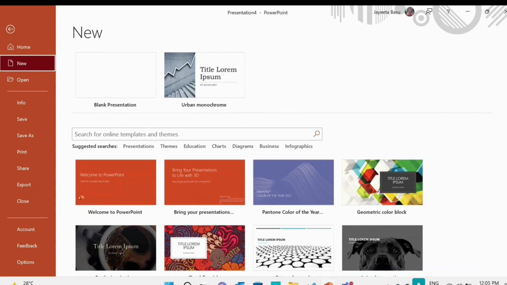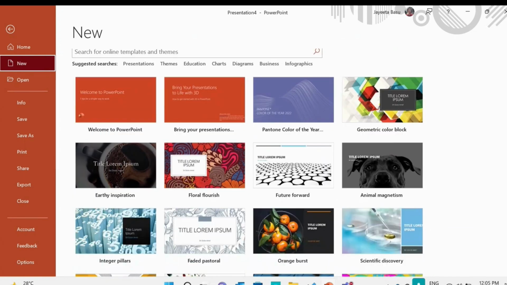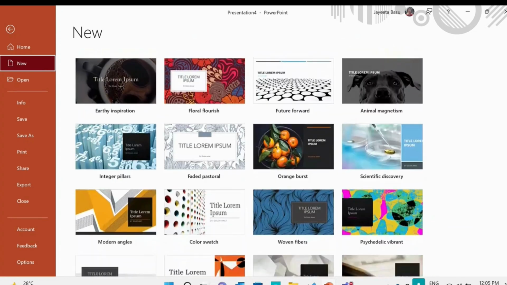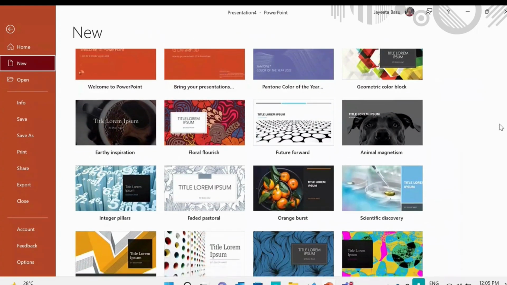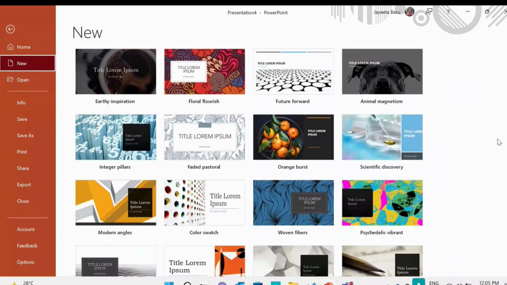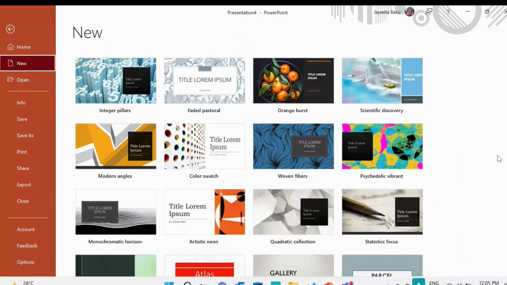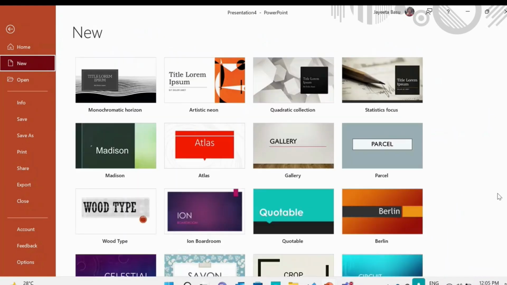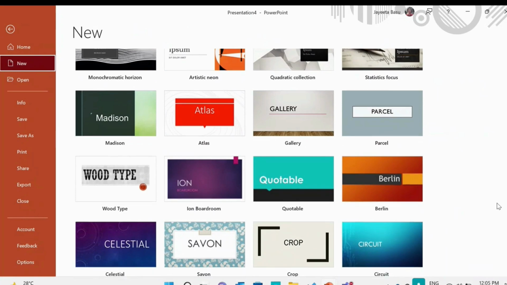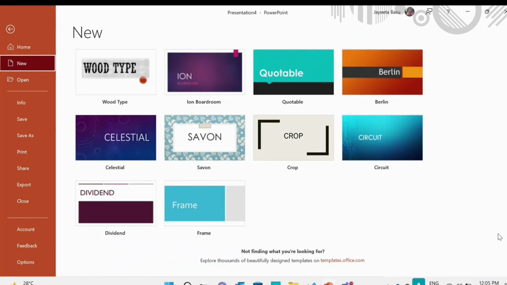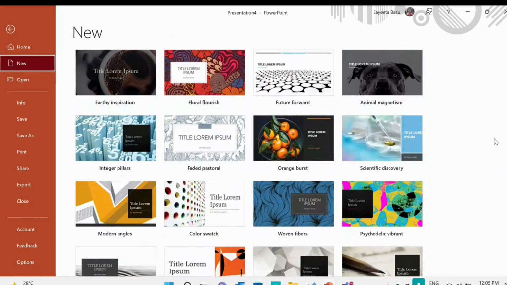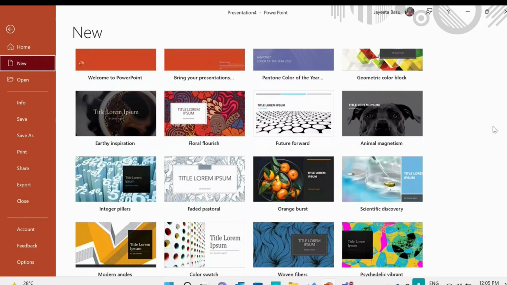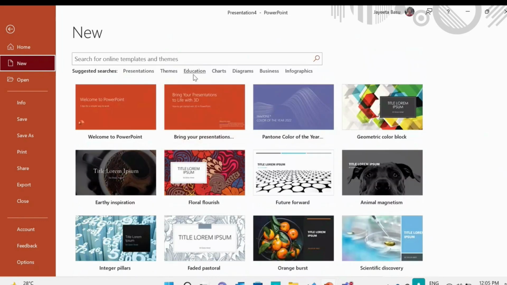For example, you see there are different themes like color of the year, floral, modern angles, color swatch. So there are different themes which are available for your use, and you do not have to design anything. You can customize them as per your choice. But let's say you want to look for templates. You can click here